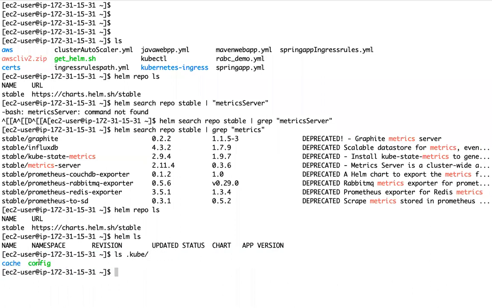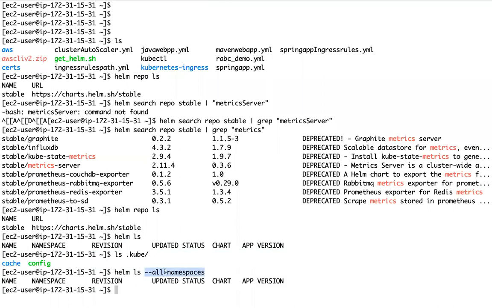It is using this context. Now, with -n or --all-namespaces, did I install any application using Helm in any namespace as of now? No, right?